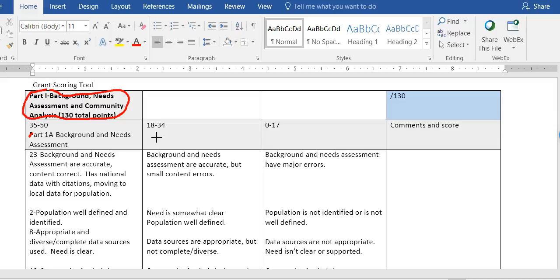So again, you're taking your needs assessment with the national data, and you're then combining it with the community analysis, which is the local population and local data. That is a combination of the first two papers you wrote for this class. You then go down to this section,